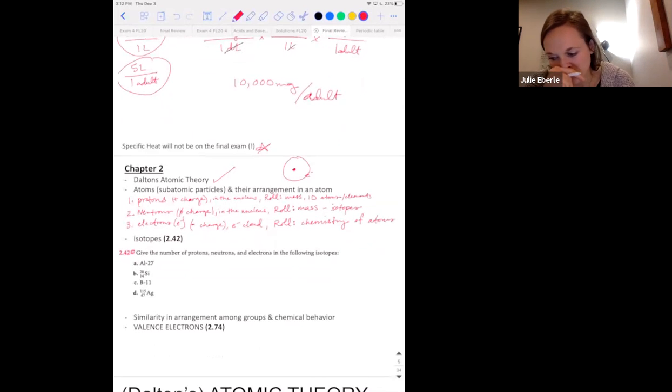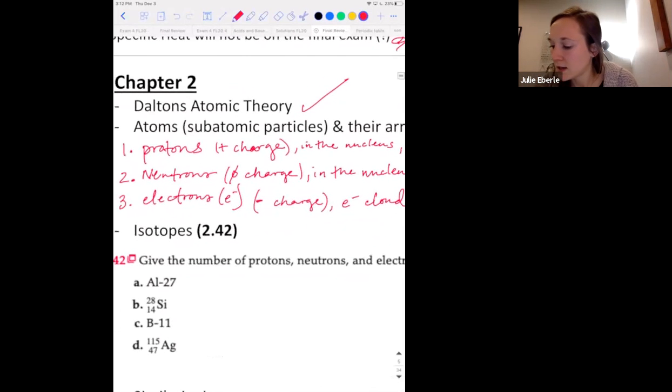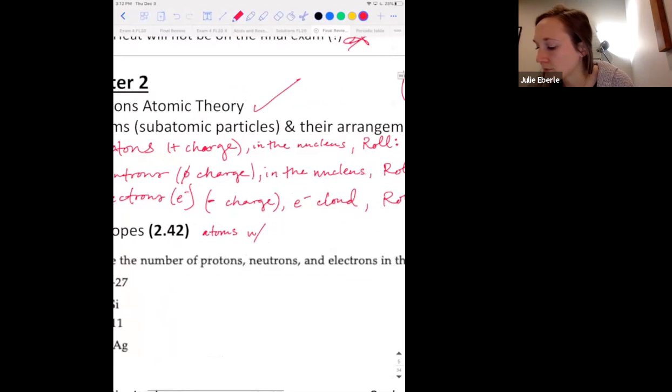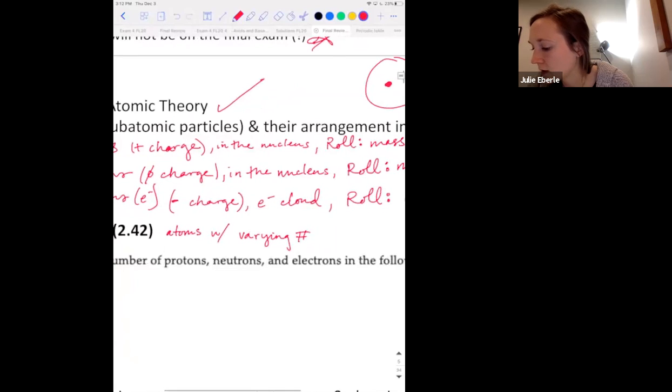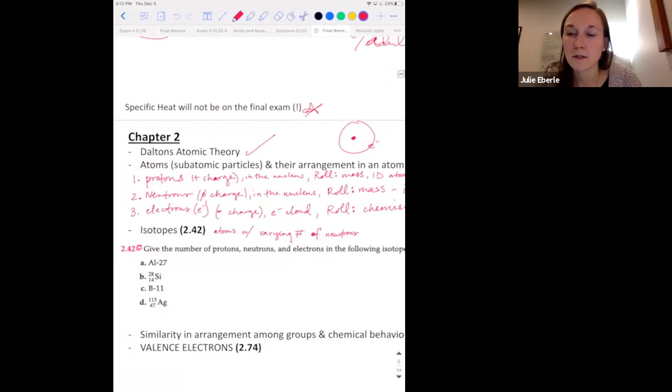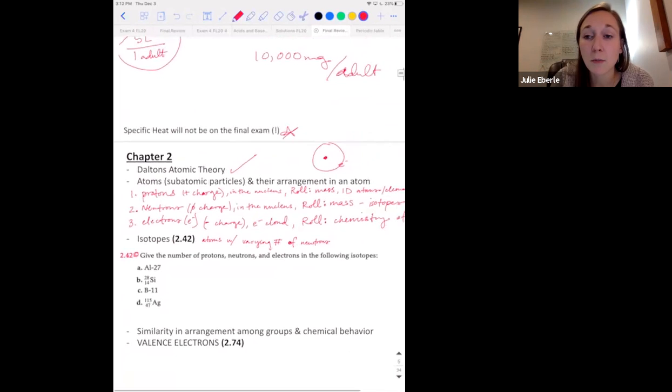And now let's talk about isotopes. What is an isotope, first off? How do we define that? It's basically atoms with a varying number of neutrons. That's what an isotope is. So carbon-12 has 6 neutrons, carbon-13 has 7 neutrons, but they're both still carbon because they both have the same number of protons. So a great example of a style of question I could ask on the final exam about